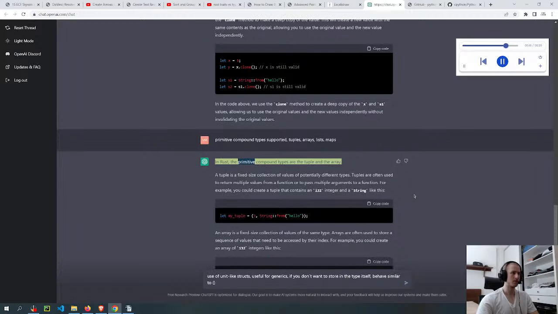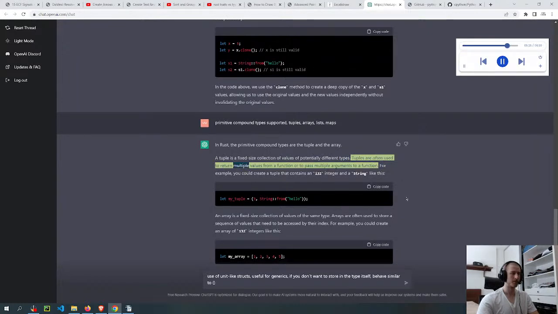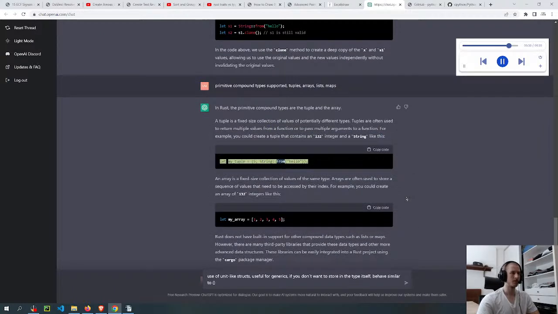In Rust, the primitive compound types are the tuple and the array. A tuple is a fixed-size collection of values of potentially different types. Tuples are often used to return multiple values from a function or to pass multiple arguments to a function. For example, you could create a tuple that contains an i32 integer and a string like this. let mytuple = (5, String::from("hello"));